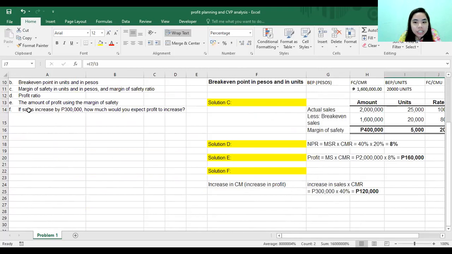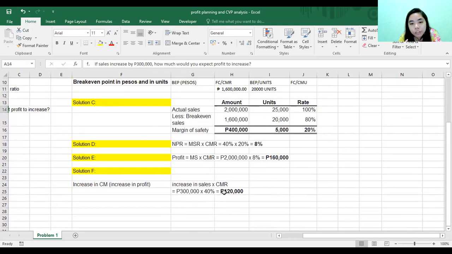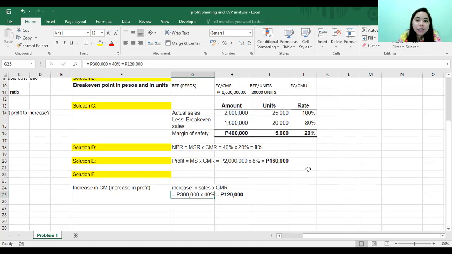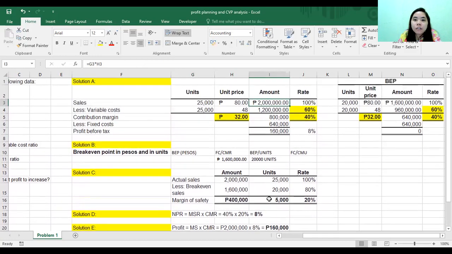So, next is if the sales increase by 300,000, how much would you expect your profit to increase? We assume that this is within the relevant range. Therefore, you just simply multiply your increase in sales by the contribution margin ratio. Your fixed cost is already absorbed by your first sales, let's say it's 2 million. But then it says if you increase your sales by 300,000, so this will make